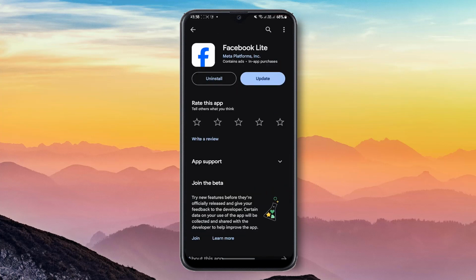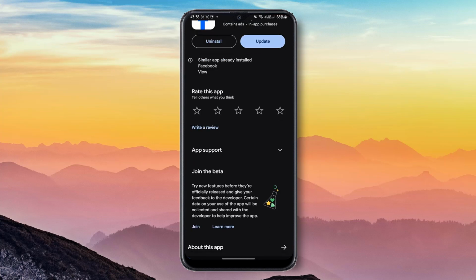Then click to Facebook Lite. I search Facebook. Here you can see the beta option, join the beta. Click to join. At first you have to read the